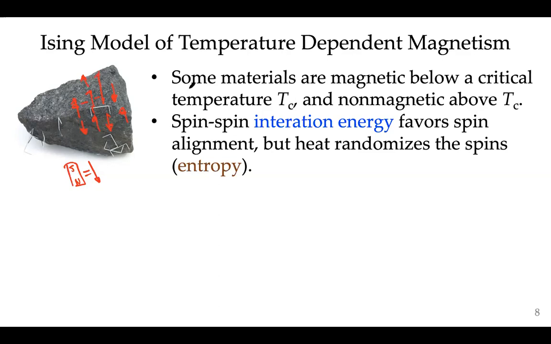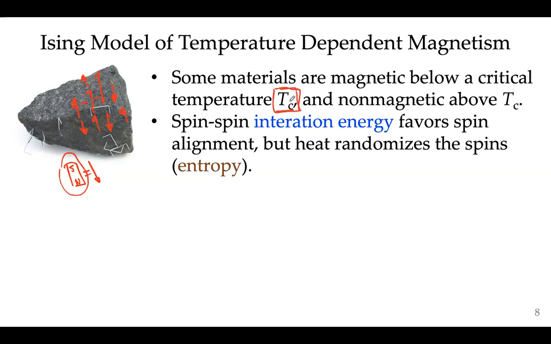That's the reason why some materials are magnetic: when a lot of spins are aligned in the same direction, it's like aligning a lot of small magnets in the same direction, so that creates a global macroscopic magnetism effect. Of course that happens below a certain temperature. That temperature could be 500 degrees or 5 degrees, it depends on the material. Below that critical temperature, the material is magnetic. Above that critical temperature, the material loses that magnetic property. So the critical temperature TC is important here.